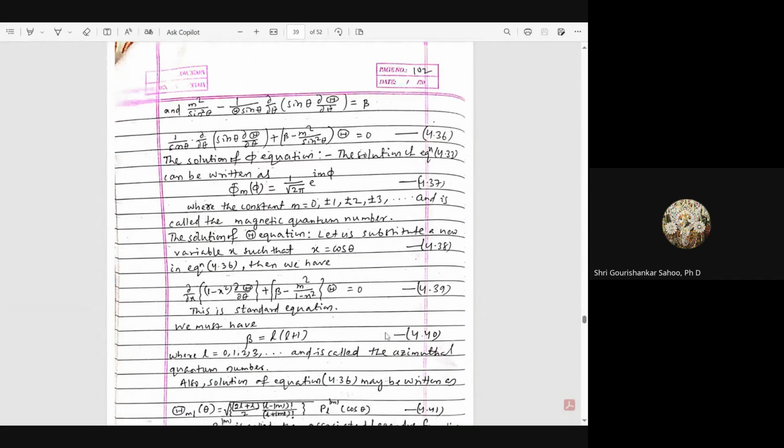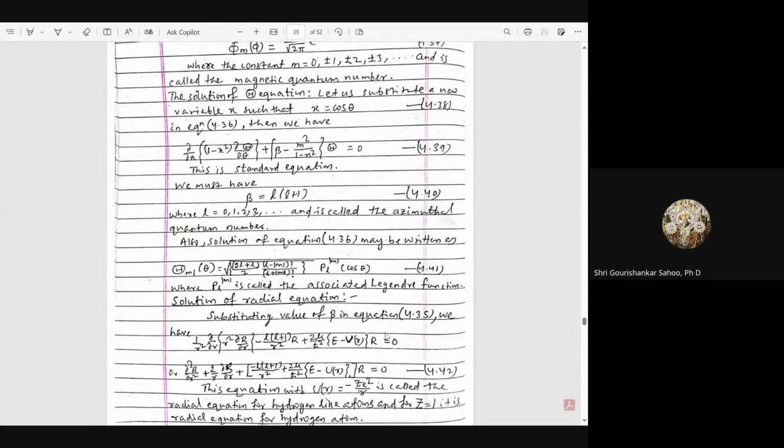So you can solve it by separation of variables, which is there in the mathematical physics course of your MPH-01, I think. And you have the solution. You can see here by separation of variables, you can have the solution: theta equation, phi equation, r equation, and the solution is your